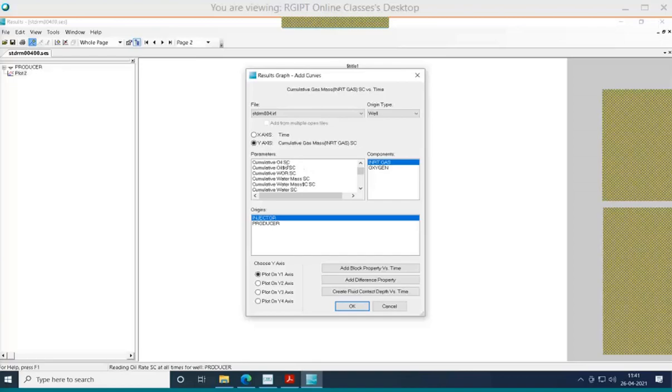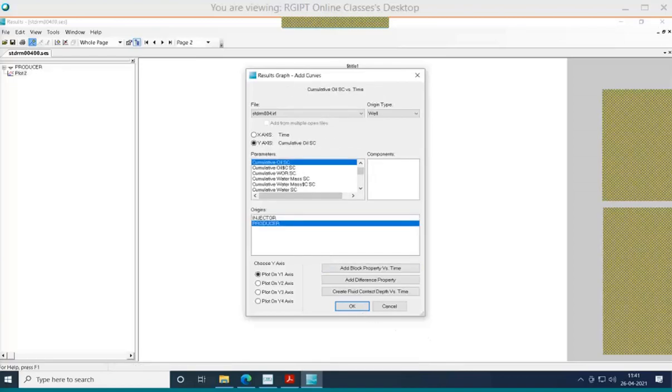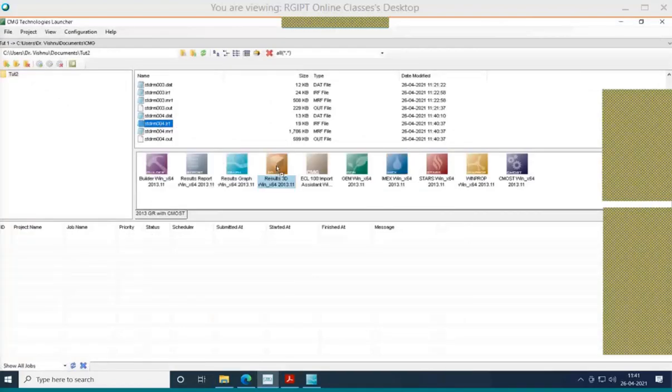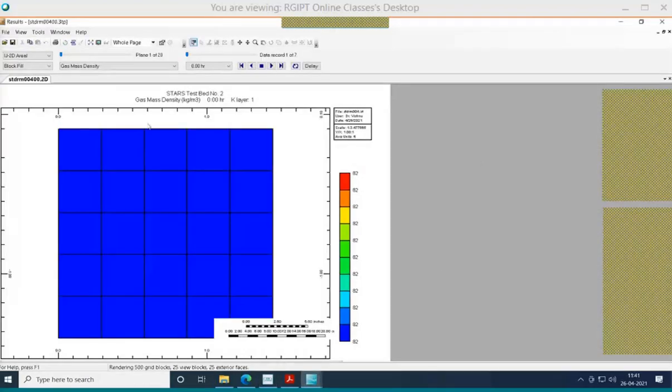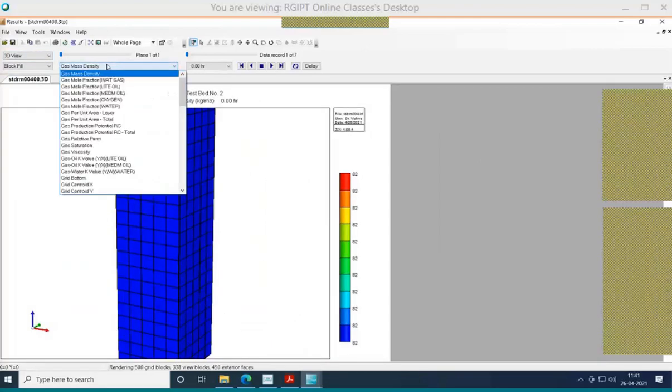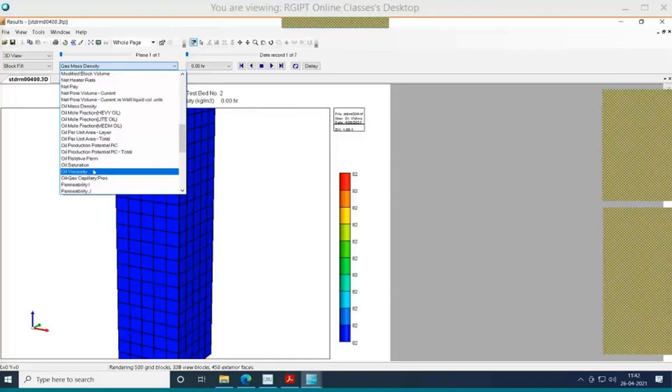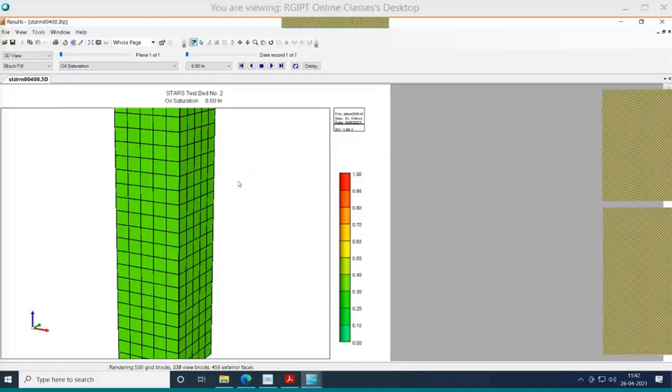Cumulative oil is producer. This is the cumulative oil produced. And again, we can see it in 3D, where it is gas saturation, oil saturation.